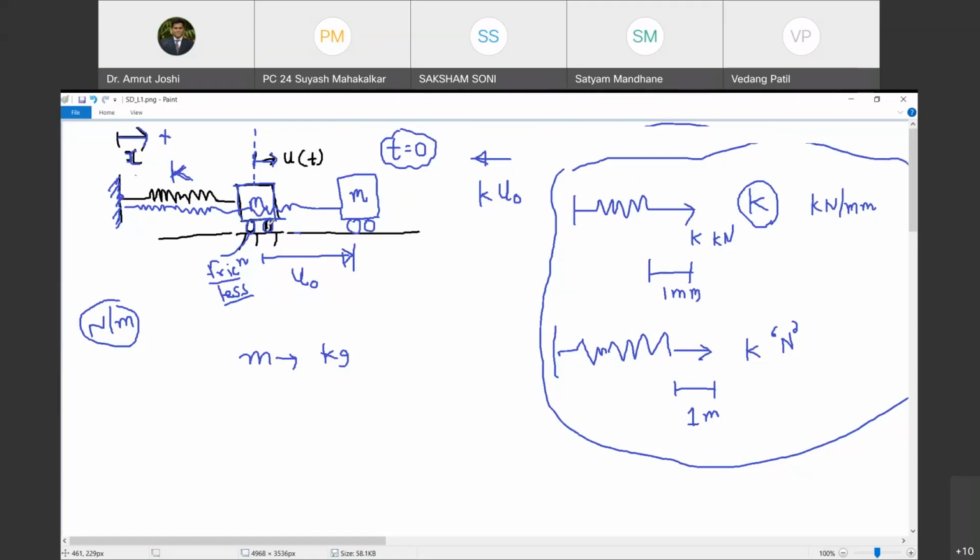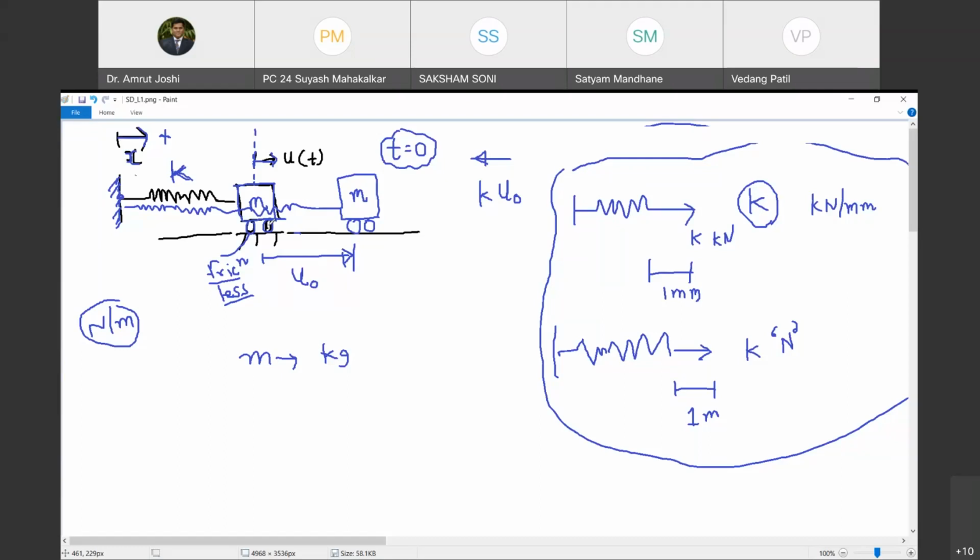So very good. Most of you have observed how structures vibrate. That's correct. The mass m is going to move through the mean position, then continue to move towards the left, then the spring will get compressed, the velocity of the block will go on reducing, it will come to rest, then start moving towards the right again, cross the mean position, and move towards the right, probably by a distance less than u0. It will keep on vibrating about the mean position for some time, and eventually come to rest at the mean position. That's what you want to say, right? Yes, sir.